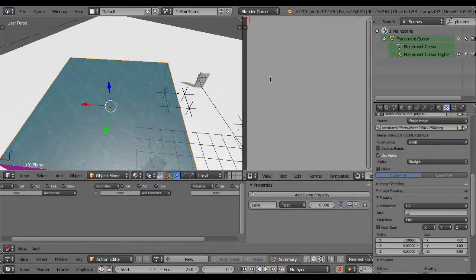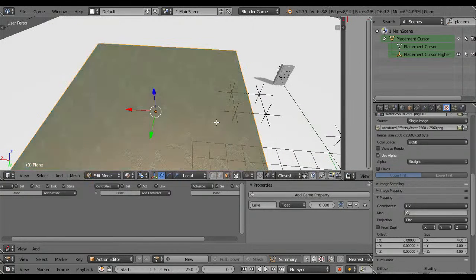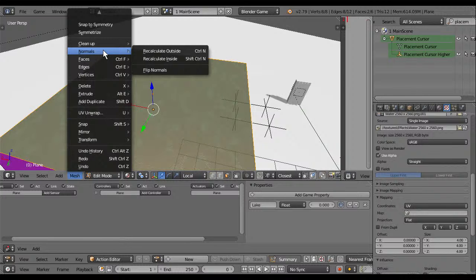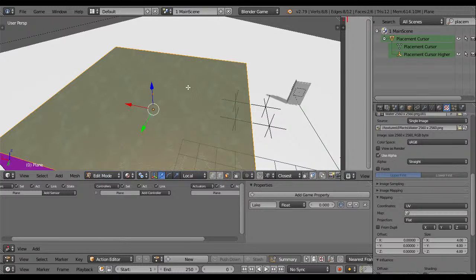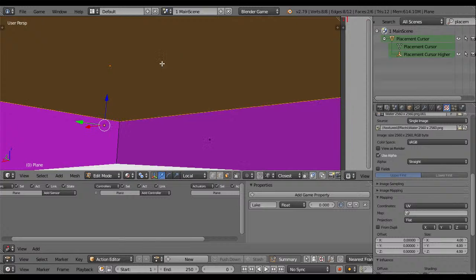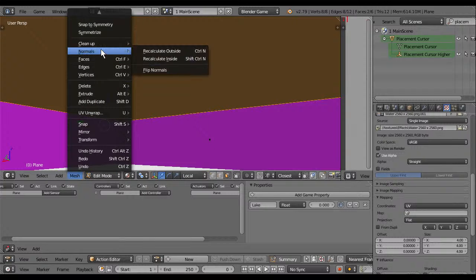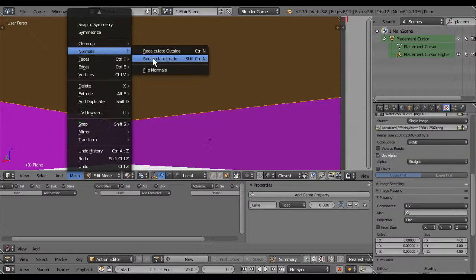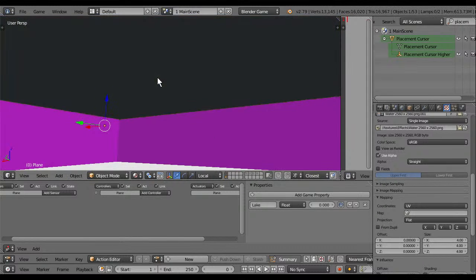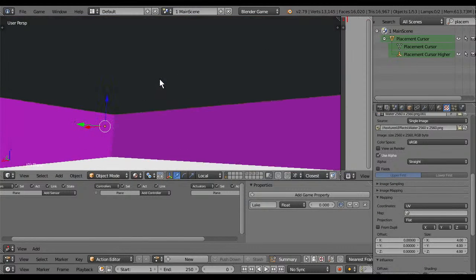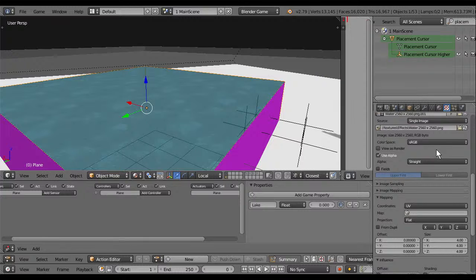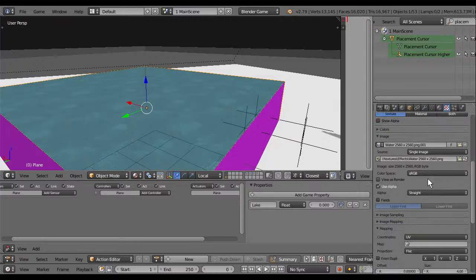I'll go back to the text editor. Something to do with the face itself. Normal, you can do it outside. I can do it flip. This one works. Not work for me inside.